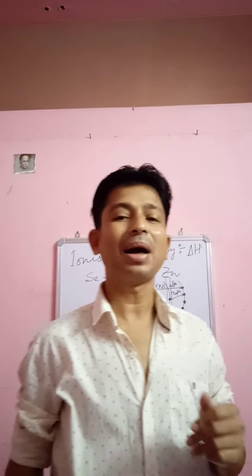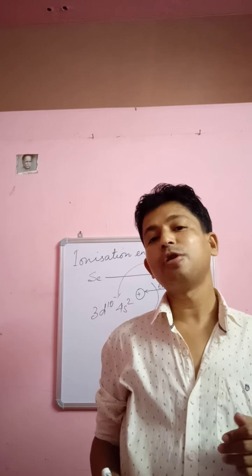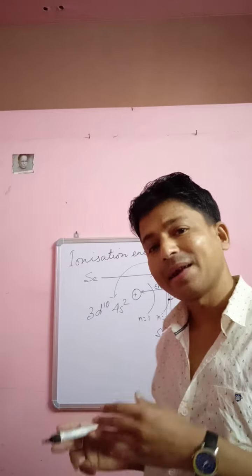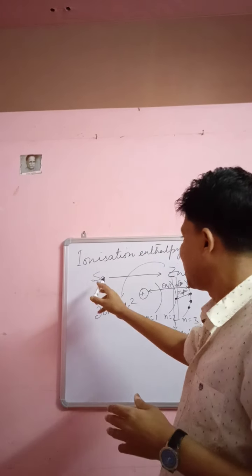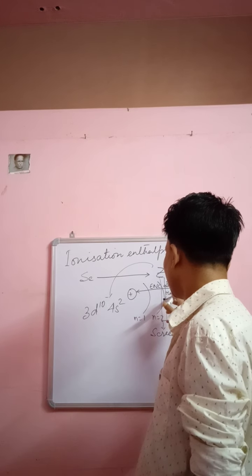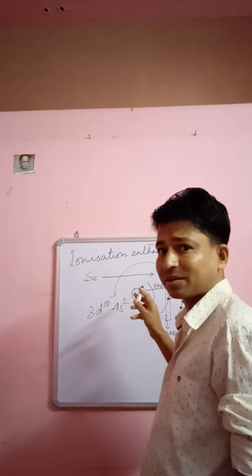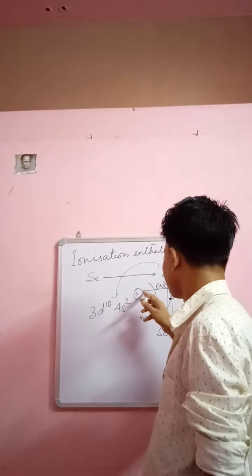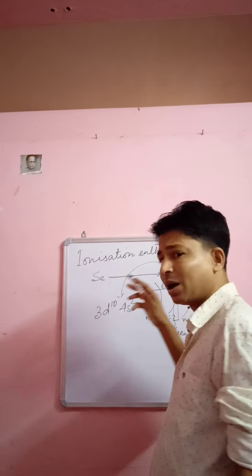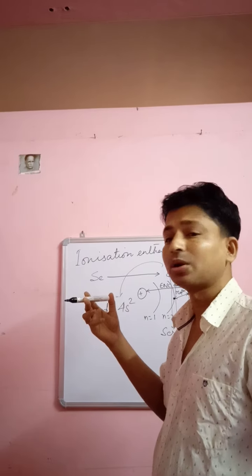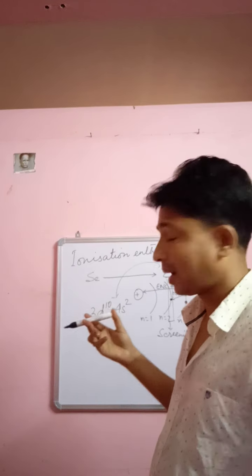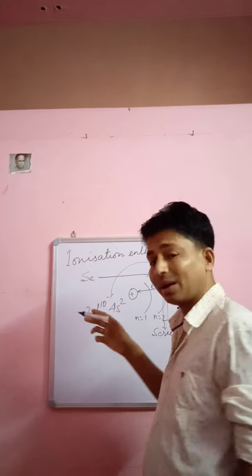So what we have seen, my dear students, is that as we move from left to right along a period in the periodic table, the ionization enthalpy at first increases, because there is gradual filling of electrons in the 3d, or n-1 d, subshells. That is why the attractive force between nucleus and electron increases, meaning the effective nuclear charge also increases, so the element will be reluctant to lose an electron. That is why the ionization enthalpy increases.